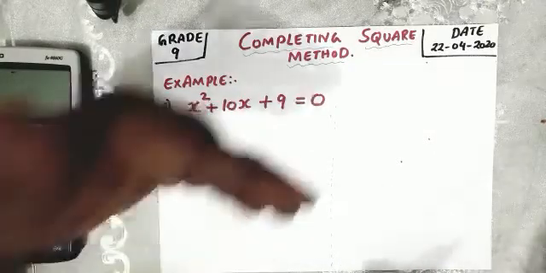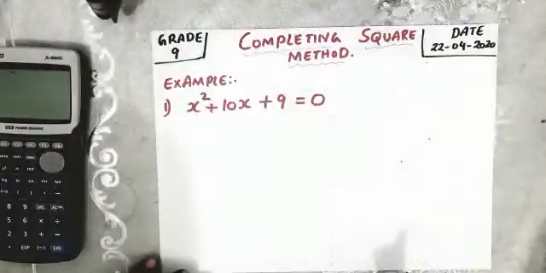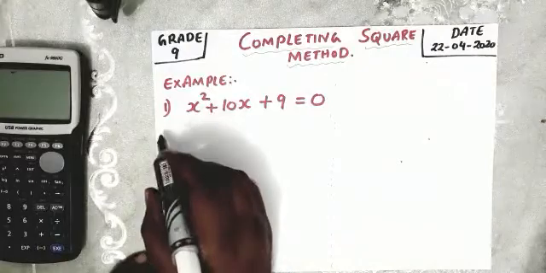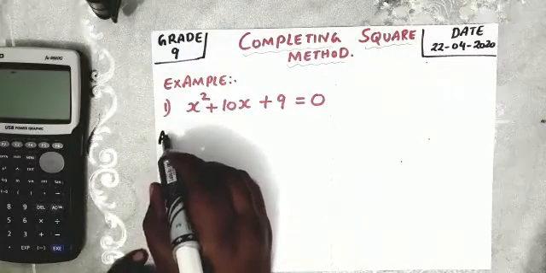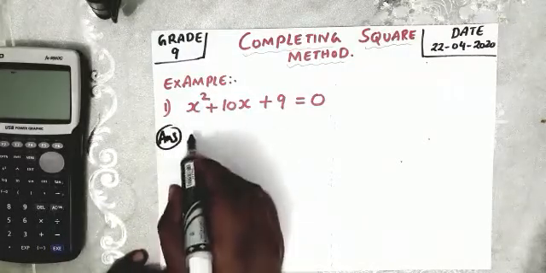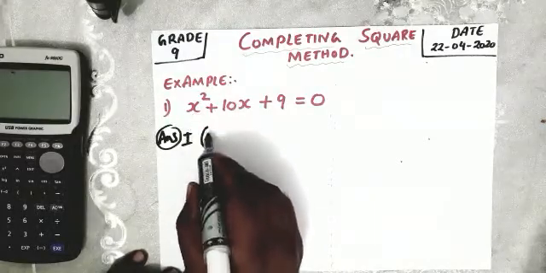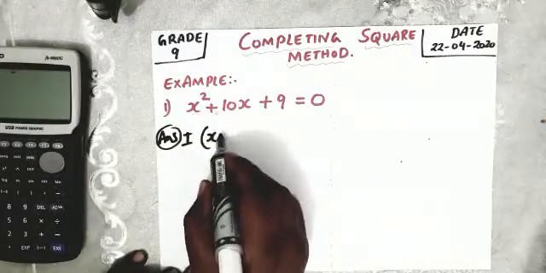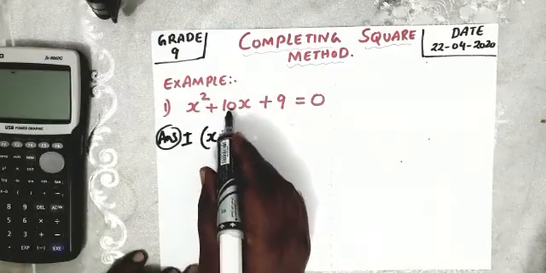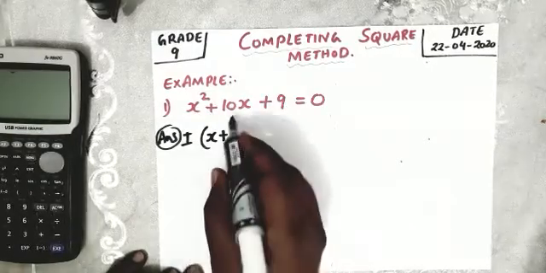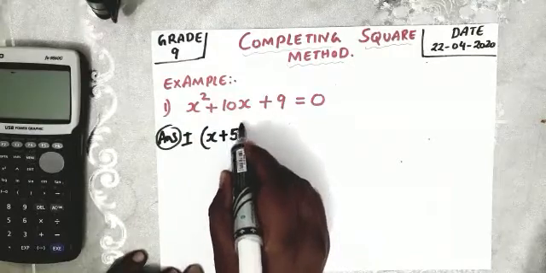Okay, let us ignore that it is a completing square method. Just do what we did for the vertex form. And what was the first step of the vertex form? I will take the x, follow the same sign, take the half of 10, which is 5 square,